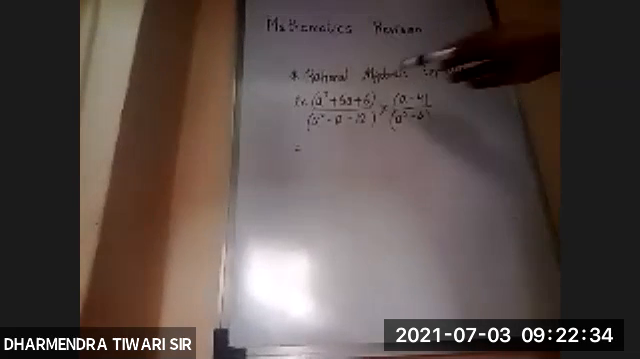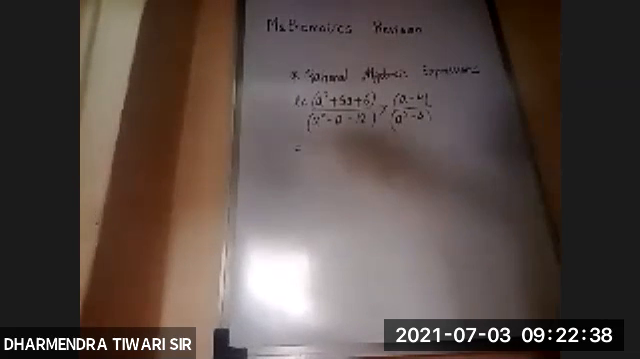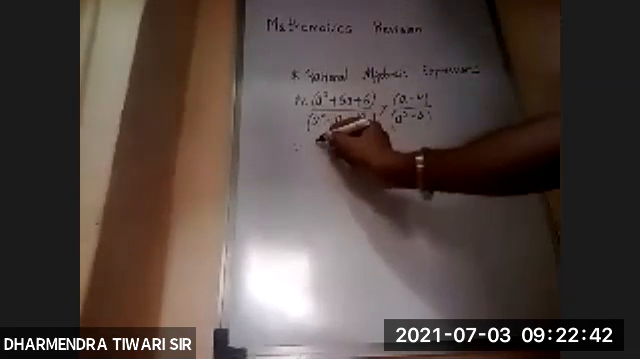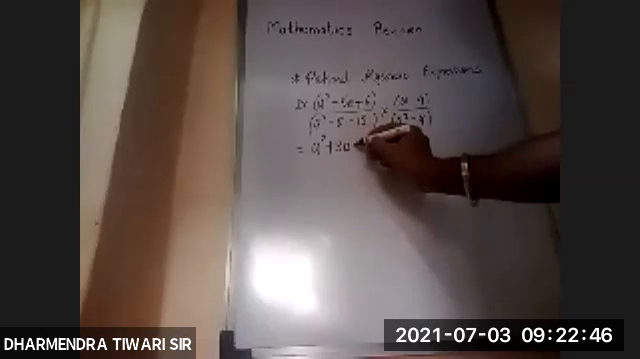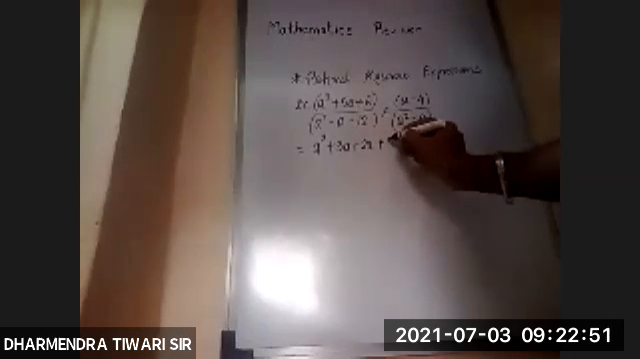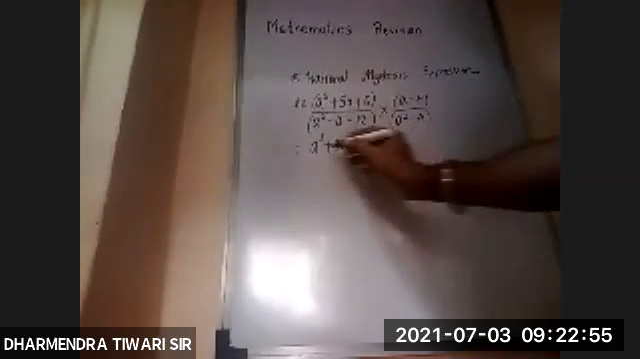We can have the numbers 2 into 3 is 6, and 5 can be written as 3 plus 2. Let's see. a square plus 3a plus 2a plus, you can write here 3 into 2, divided by